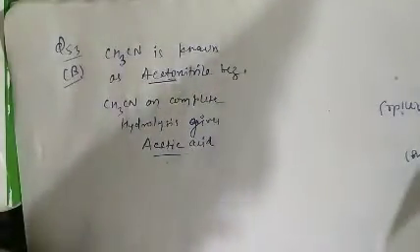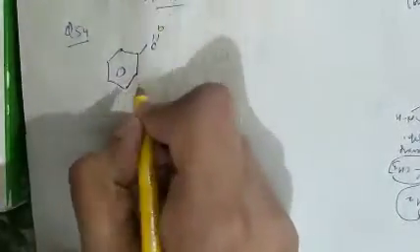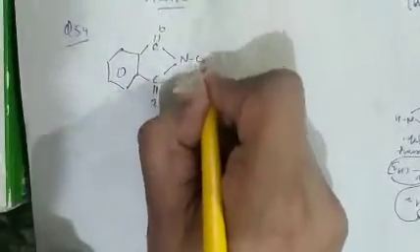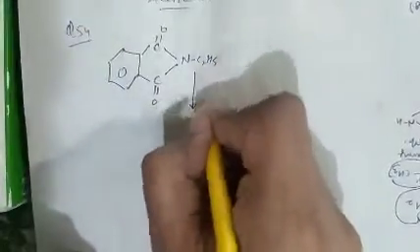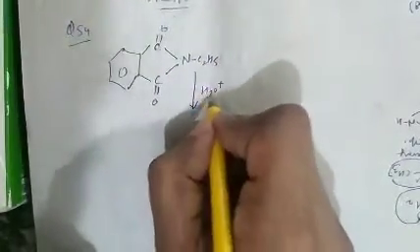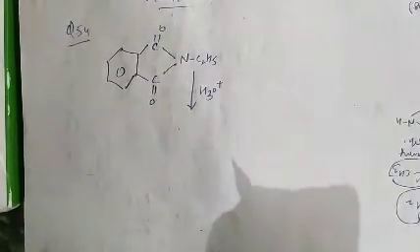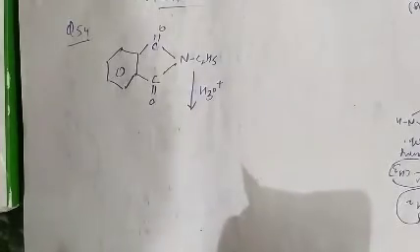See question number 54. Question number 54 is again an easy question asked in JEE Mains 2019. Ethylamine can be obtained from N-ethyl phthalimide. We know that the phthalimide compound has two C double bond O groups, both connected to the nitrogen atom, and an ethyl group is present on the nitrogen atom. The question is which of the following will give this on hydrolysis with H3O plus.